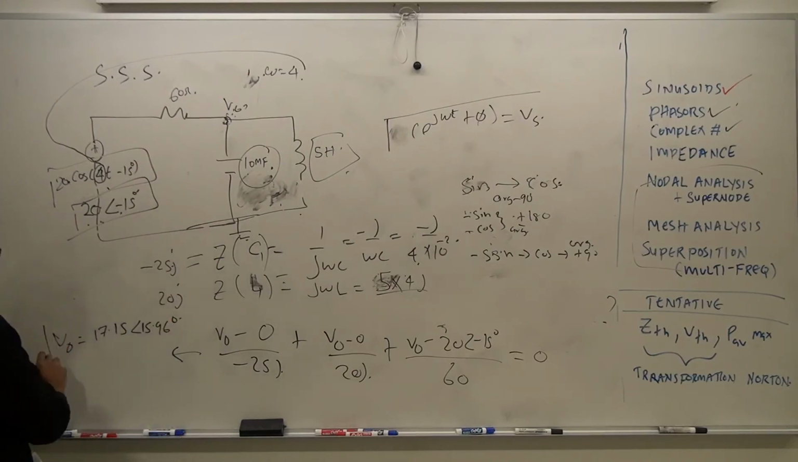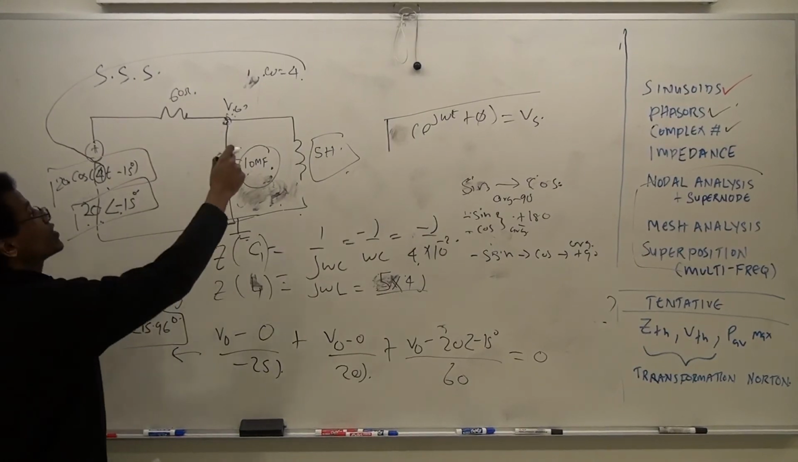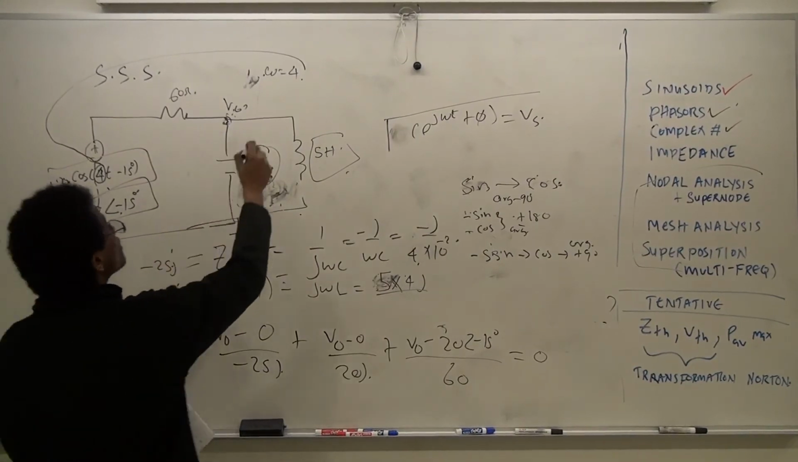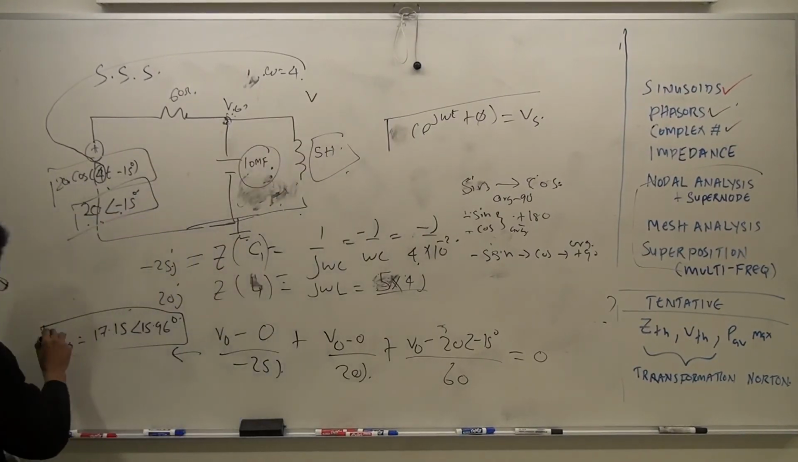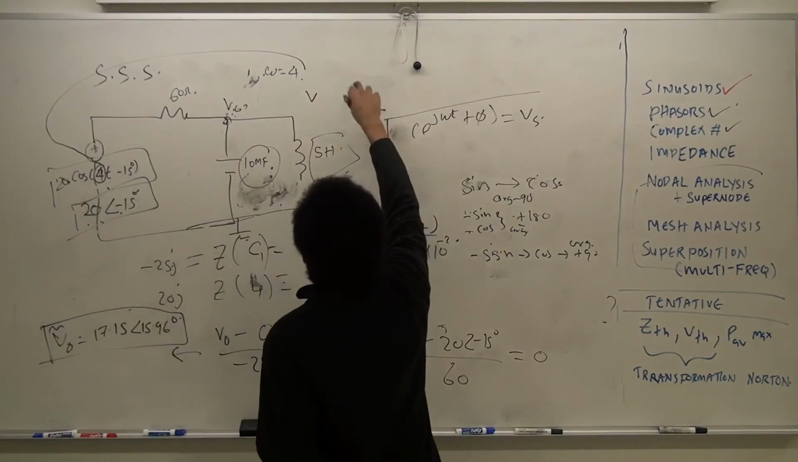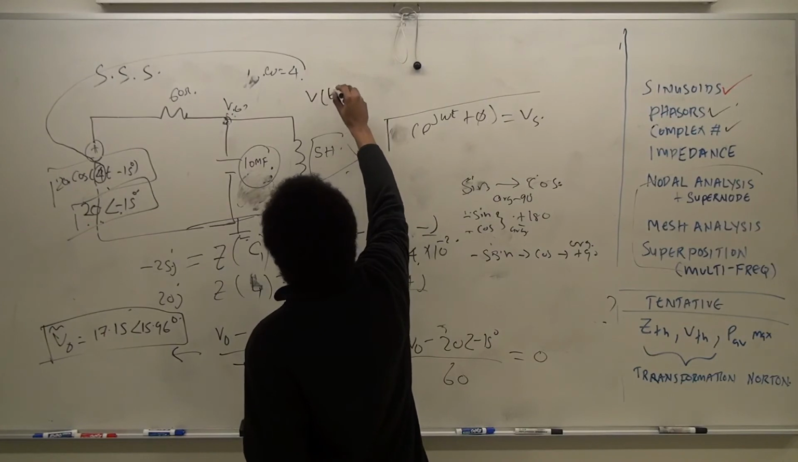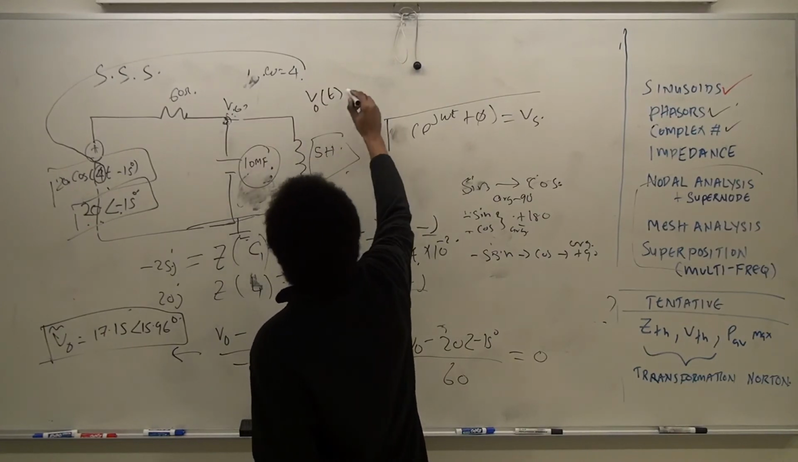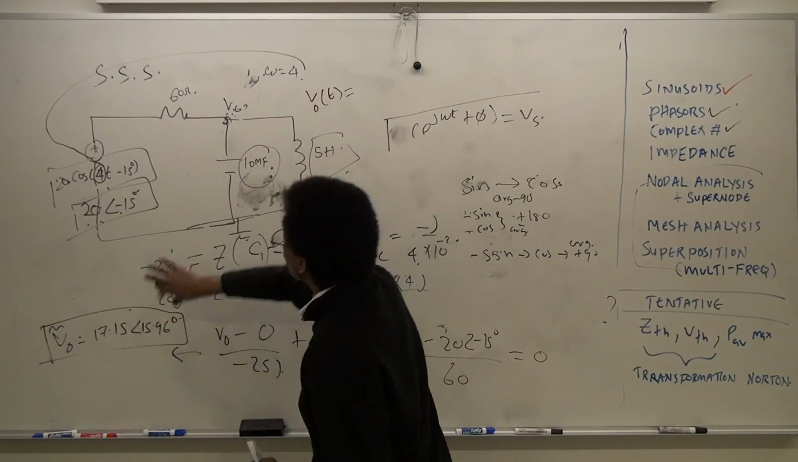Is this a function of time or is this a phasor? So you have to convert a phasor to what? A function of time. So how do we do that? Let me just put a scribble on it to show this is a phasor. So we're supposed to convert a phasor into a function of time. So Vo as a function of time is equal to take the phasor and convert it into